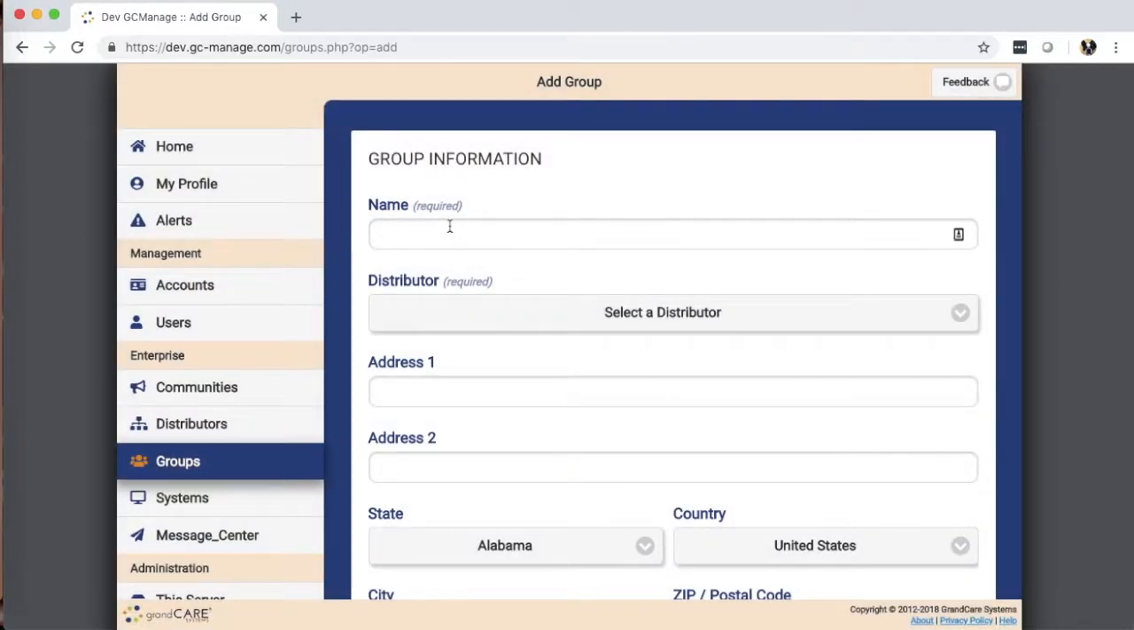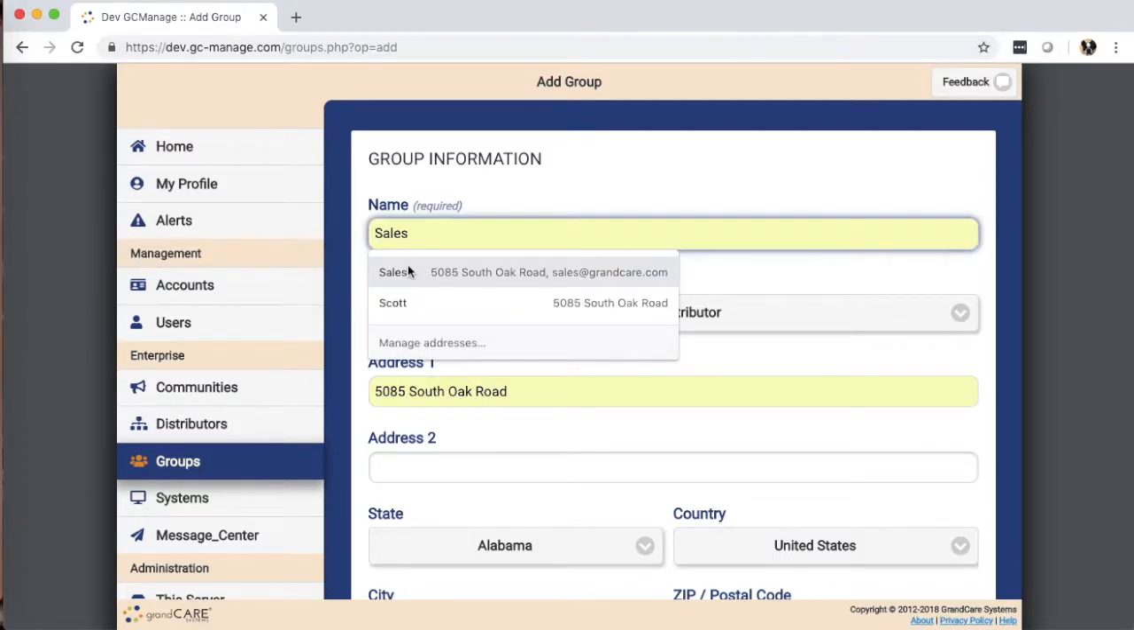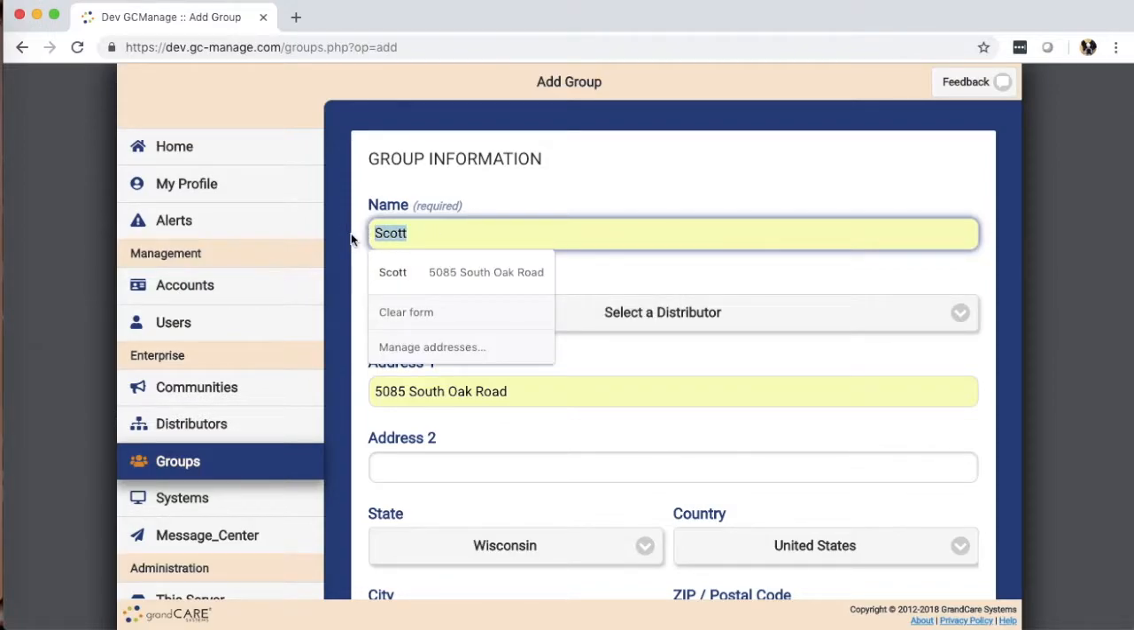And you can see some of these fields are required and others are not, but you should really be as thorough as you can when you create a group, as with anything in GC Manage. We'll make a Scott group. Now let's do something more realistic. Let's say that it's the assisted living group,